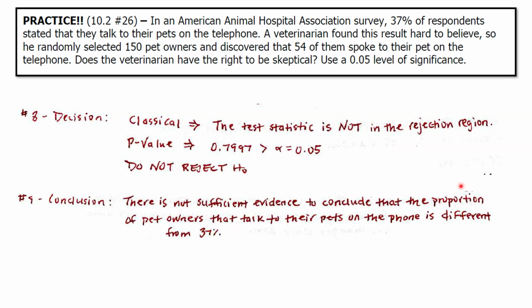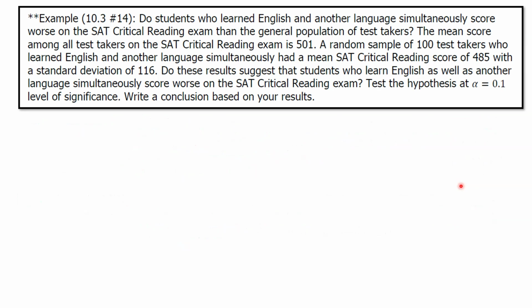All right. So we just dealt with some proportion problems. So now let's look at some population mean problems. Alrighty, so our first one here. Note that these hypothesis tests that we're now going to be doing are going to be using the t distribution. Okay. All right. So students who learn English and another language simultaneously score worse on the SAT critical reading